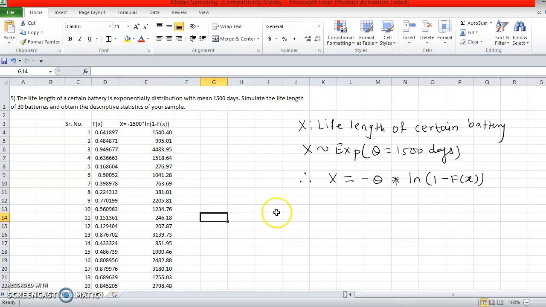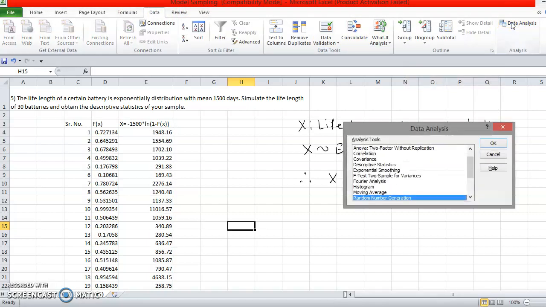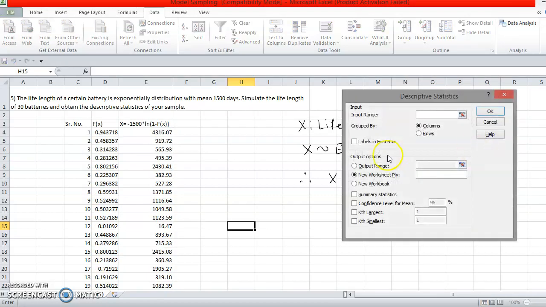So after that we have to find the descriptive statistics of this sample, and for that we will use the function from this. So we will click on Data. In Data Analysis we have a function, Descriptive Statistics. Let us use it.